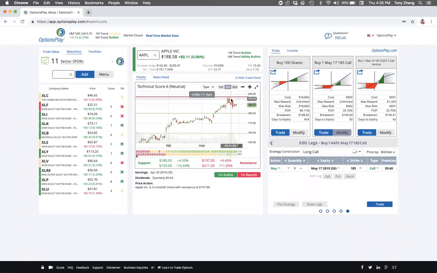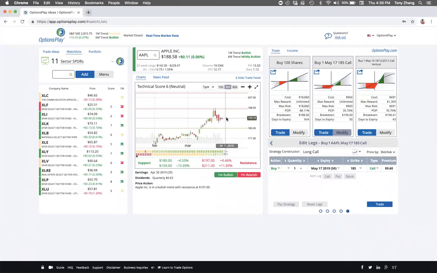So I have to look at my chart and say, where's 194.50? It's roughly where it was 3 days ago, right where my mouse is right now. So the stock needs to move a little bit higher and more in order for this strategy to be profitable. So you have to ask yourself before you buy a call, not only do I think the stock will rise